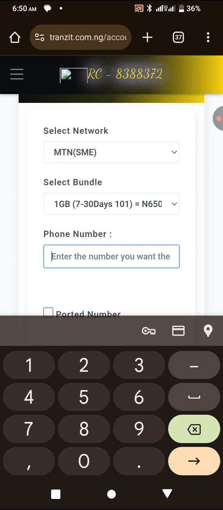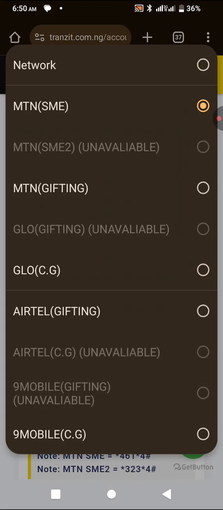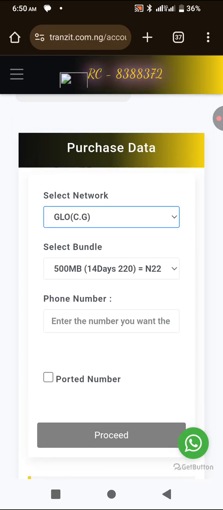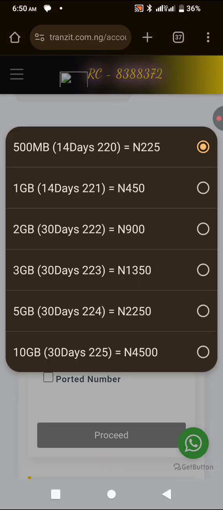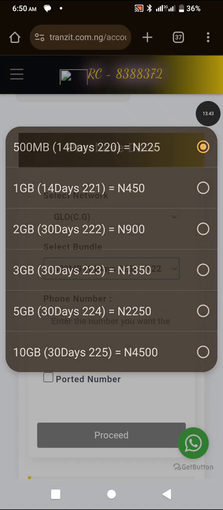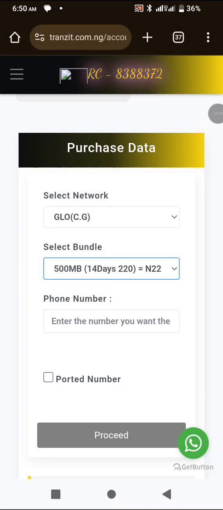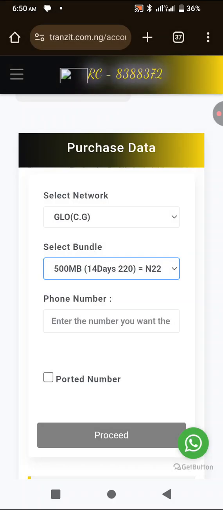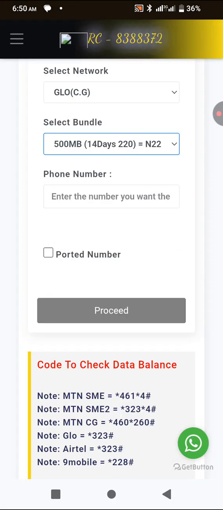So let's check the other networks. For Glo service, let's see the amounts there. These are the amounts you can buy on Glo. Glo still maintains being the cheapest data up till now. These are the prices for the service, and if you check Airtel too, you will surely see their prices. So let's say I want to buy on this